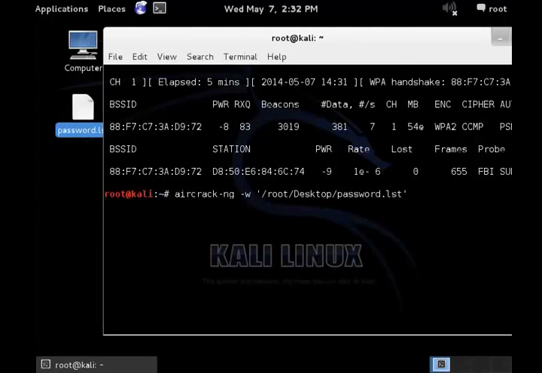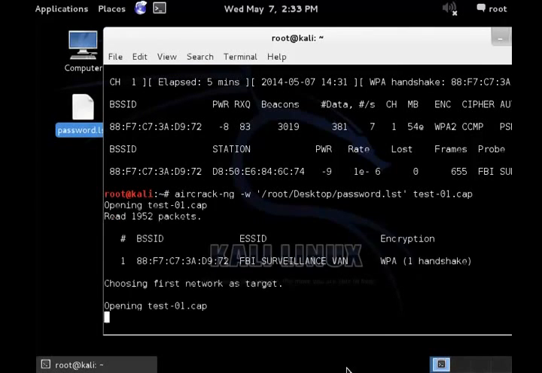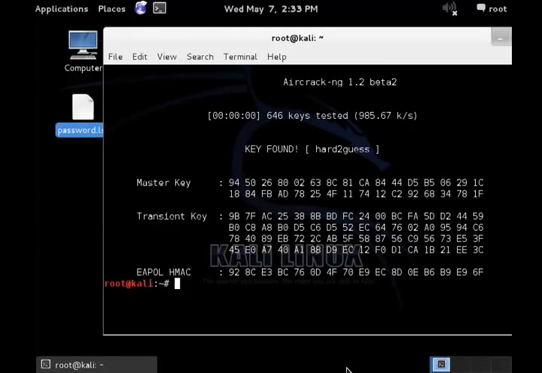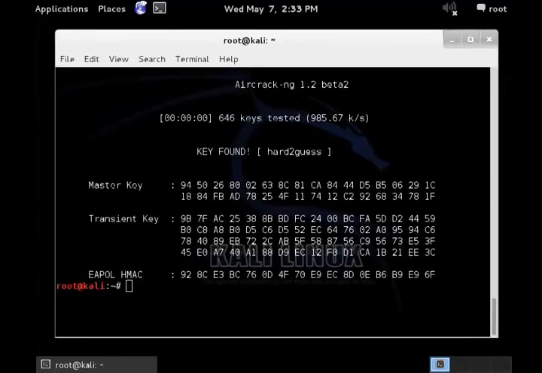which should be whatever file you named. In my case, it was test, so it will be test-01.cap. Just need to double check something real quick, and press enter, and it's going to run through your word list and try to crack it. And as you can see, it says key found. There's my password to the WPA network, and that's what it'll look like if by some magical fluke you happen to